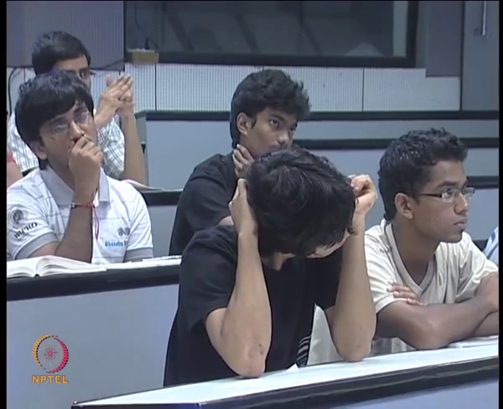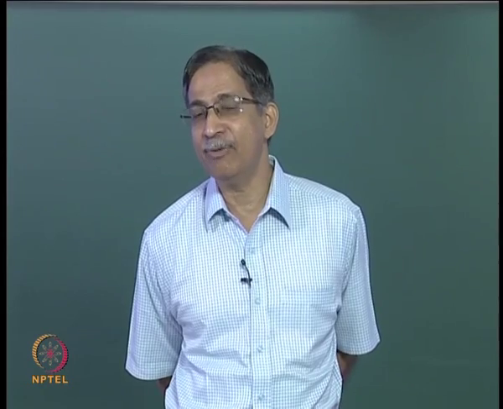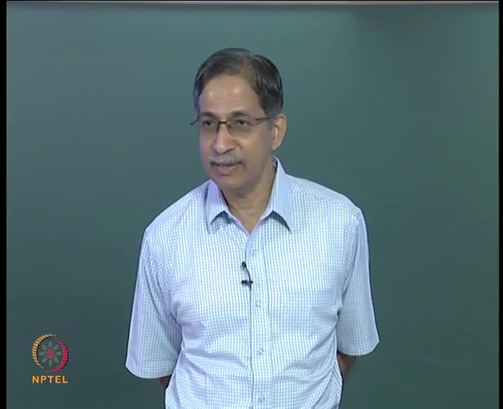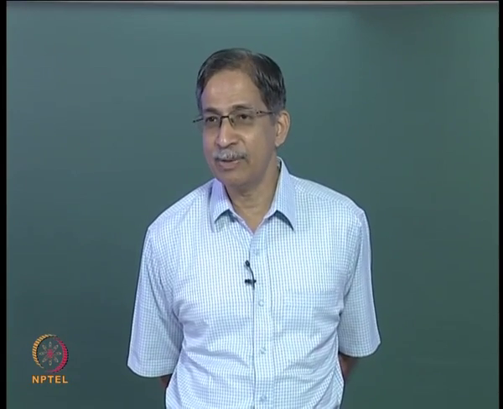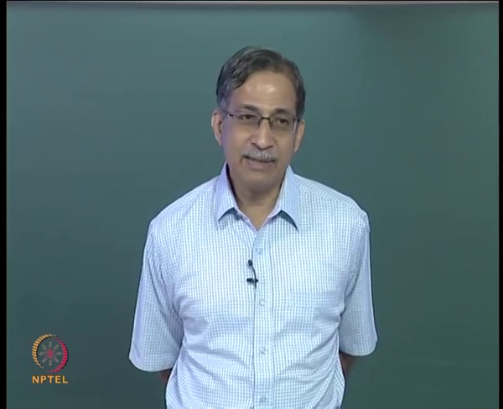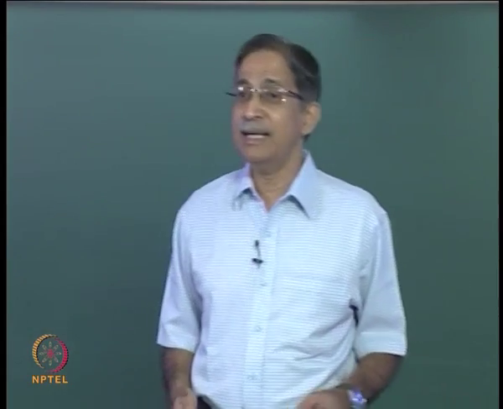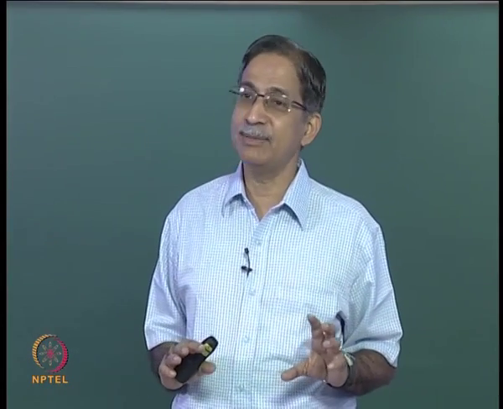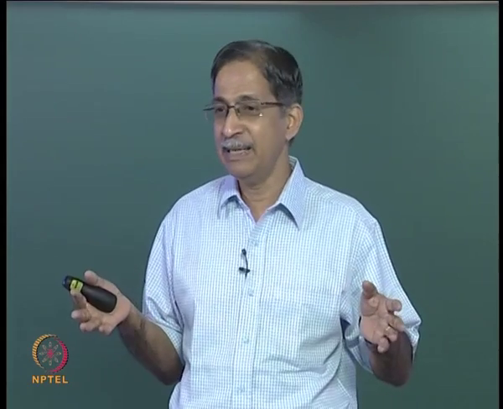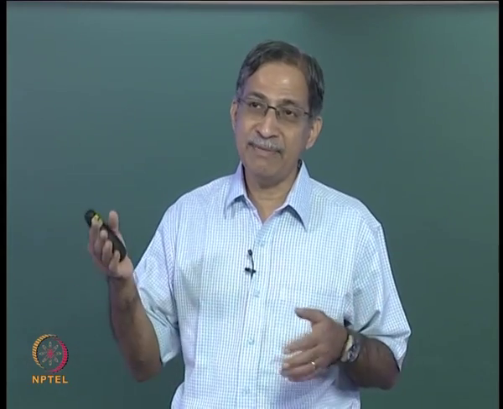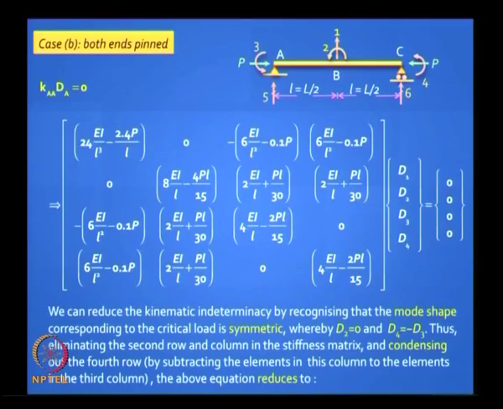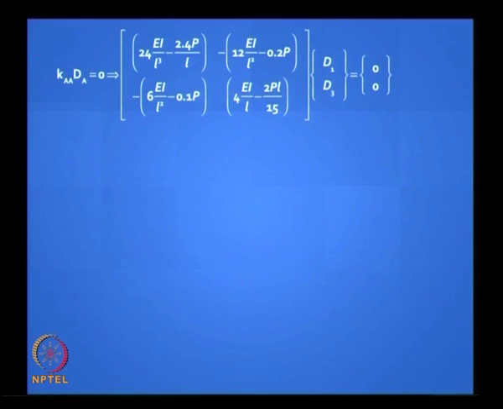Yes, you can. Wherever you see D3 and D4, you take one of them, you write D4 is equal to minus D3, so you got rid of D4. Wherever you have D2, you put it equal to 0, and you rewrite, expand and rewrite those matrices. This is called condensation, it is called static condensation. In matrix methods, this is one technique of reducing the size of your matrix when you have interrelationships in your displacement vector. So you do that, exactly what you said, and then if you expand it out it will reduce to this form.